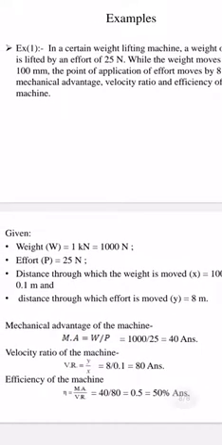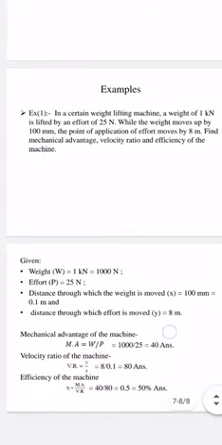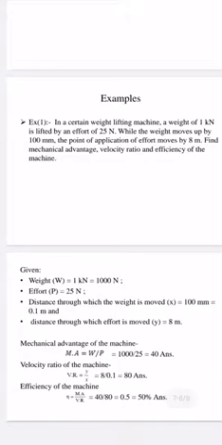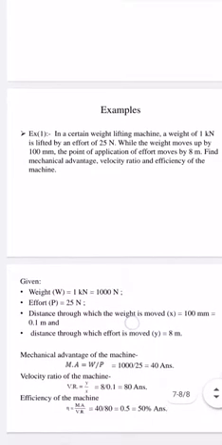Okay. It's very simple. Now we are going to different principles and different types of lifting machine. It's going to get complex. It's very simple now. So in the next lectures, when we understand different types of lifting machine, more complex things will come. So I hope you have understood all these terms, the basic relationship between them, and a basic example of it. So in the next lecture we will understand further.